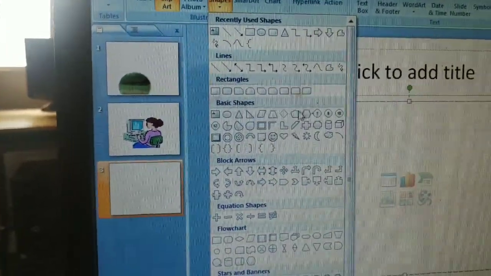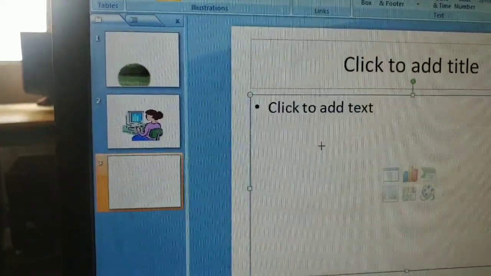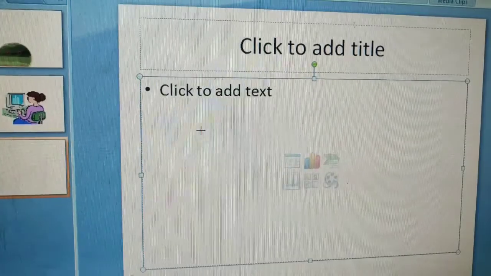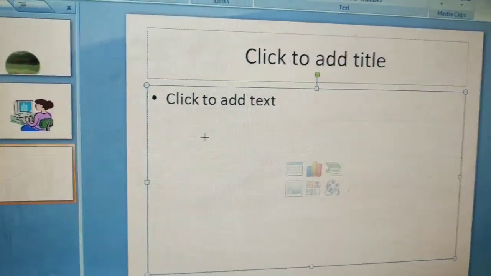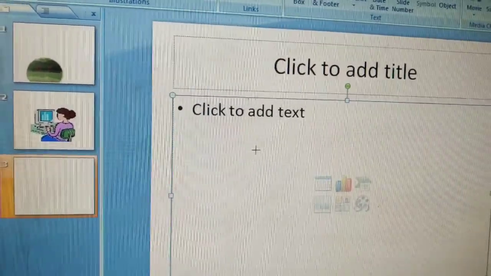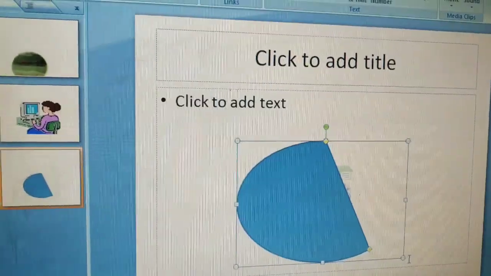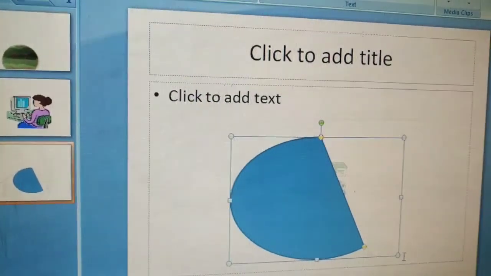You will see different types of shapes are available. Choose the desired shape. You will see your cursor change into a plus symbol. Then press the mouse left button and drag the mouse. Your shape will be inserted into the slide.